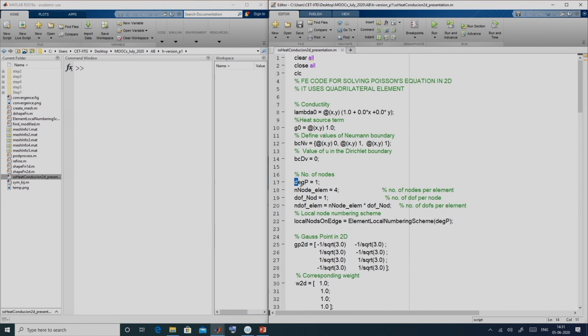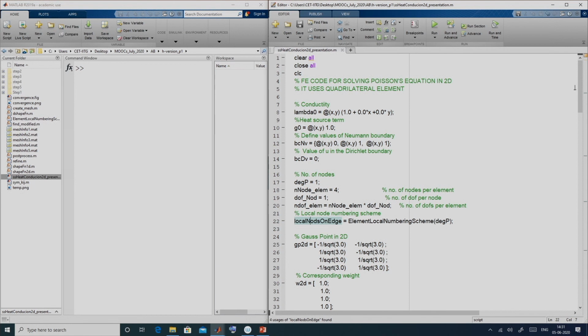Next we define the degree P, the number of nodes per element and the degrees of freedom per node, in this case 1. So we get the total number of degrees of freedom per element as number of nodes per element times degrees of freedom per node. And this data tells us which nodes lie on a given edge of a given element.